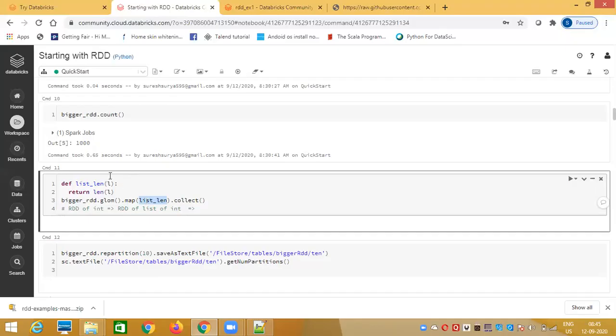Because a function can take one parameter, two parameters, ten parameters, or no parameter, and it may or may not return a value. You have a whole bunch of options, but what kind of functions will you be passing? Just remember, you have to pass a function that takes exactly one parameter. Map has been defined in such a way. We know map is iterating through each and every record. What is the type of record it is iterating? The type of record is a list of integers, because we called the glom function on an RDD and got an RDD of lists of integers.